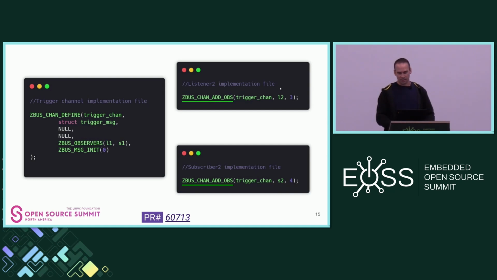So we can have that kind of thing, and to make sure that the notification delivery sequence was kept, I added a priority sequence number here, which tells the VDD, the virtual distributed event dispatcher, how to notify the observers, right? So here, for example, the VDD will notify first L1, then S1, and then L2, and then S2, right?